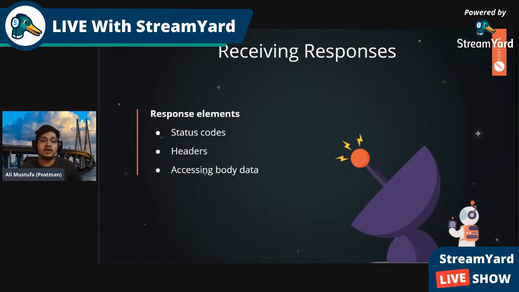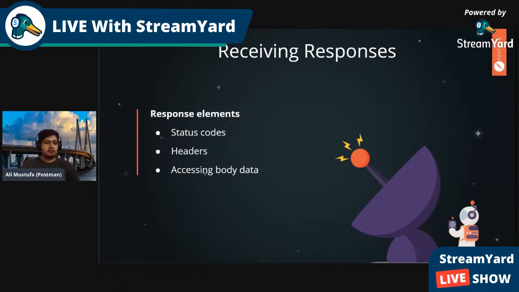Then we talk about headers. We will definitely talk about headers when we are doing practicals, because that will make more sense. And then body. The body is the gold mine, not because it has real gold, but because it has data, and data is not less than any gold. This is where we talk about the main ingredient, our paneer biryani, which is extracting that data and using it in our application.